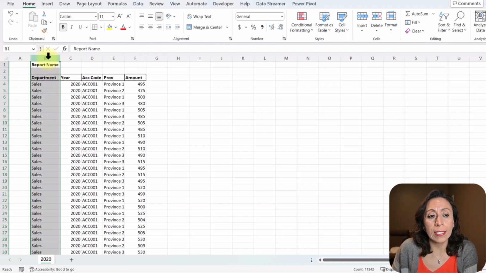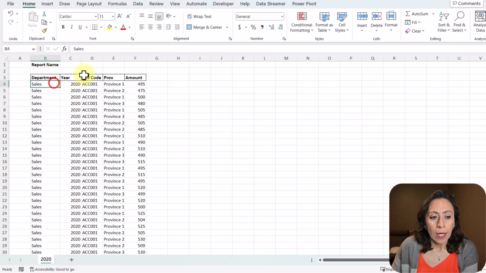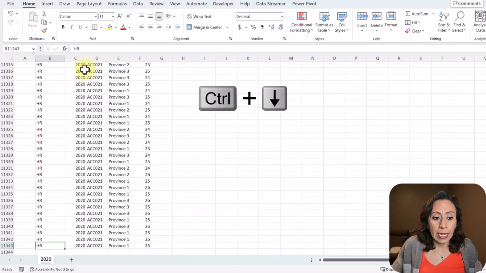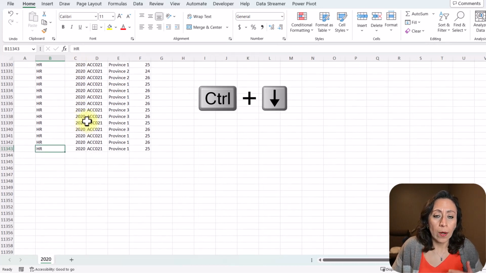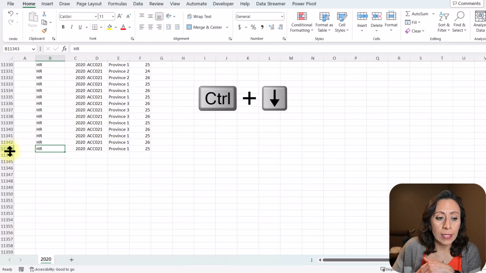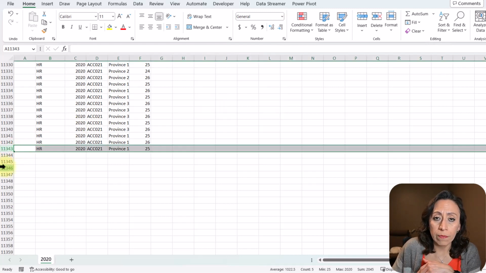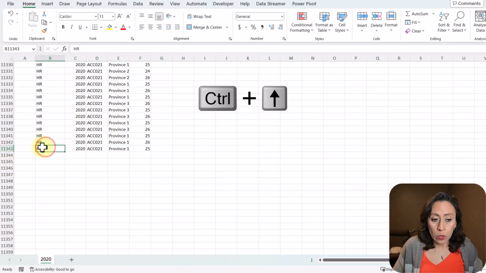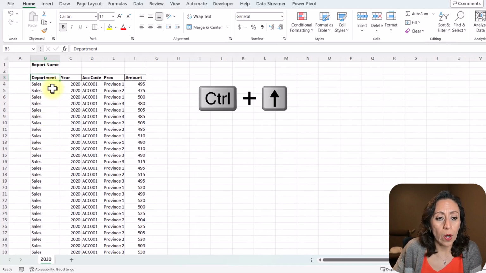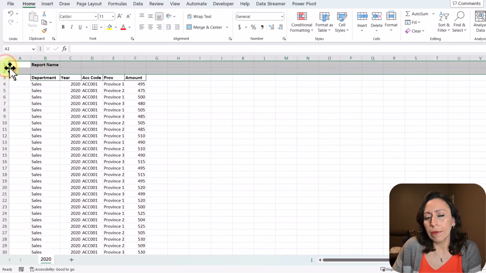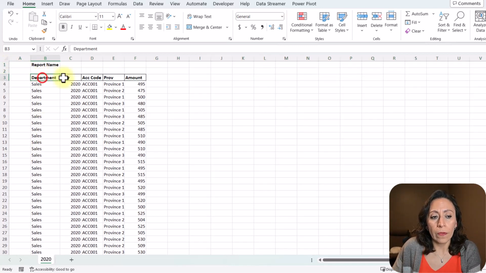In this case, it's column B, but in Power Query, you will see that it will be column 1. So this is file 2020. I'm going to press Control down so we can see how long our range of information is, and it has 11,343 rows. I'm going to go to the top, Control up arrow. And you can see that we have 2 rows before the titles of these columns.